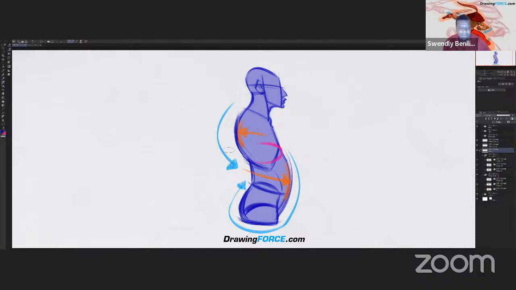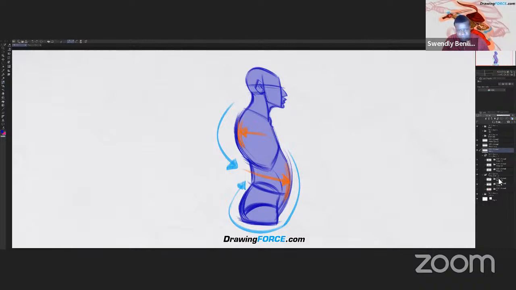So with a C curve, no crossing over from one side to the other. But with the S curve, you have to do that, because you have this directional force coming from the back, crossing over and applying itself to the stomach and to the pelvis. So very important to keep in mind. And this rhythm is very natural because it's created by the spine. Mrityunjay is going to talk about the anatomy later on. This is the natural rhythm from the side view.